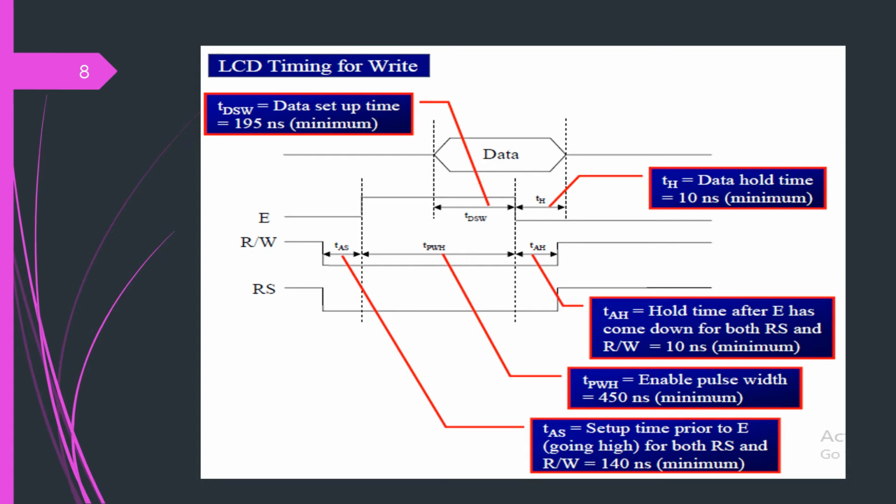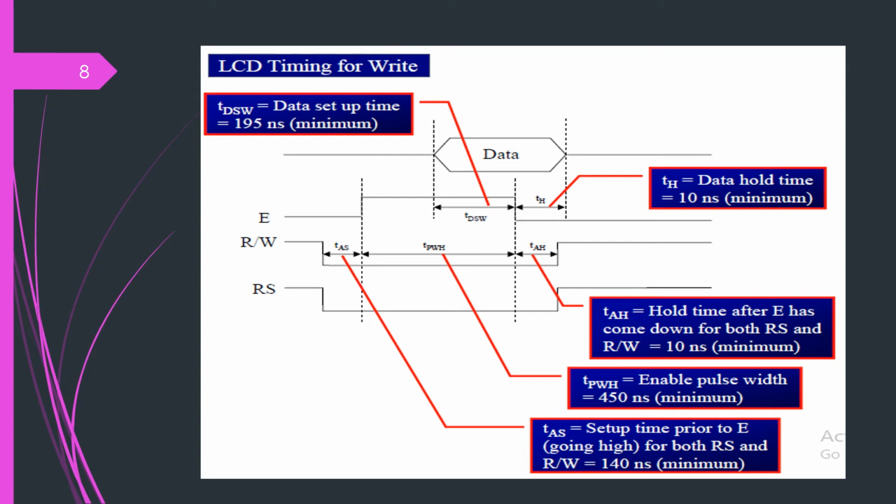As far as LCD commands are considered, first is the clear display command. I have not listed the settings, but orally I am sharing them with you, so listen carefully. Clear display: RS pin is 0, RW pin is 0, DB7 to DB0 up to DB1 are 0, and DB0 is 1. Clear display clears the entire display and sets the display RAM address to 0. This is DDRAM, display data RAM address, set to 0. The execution time for that is 1.64 milliseconds.